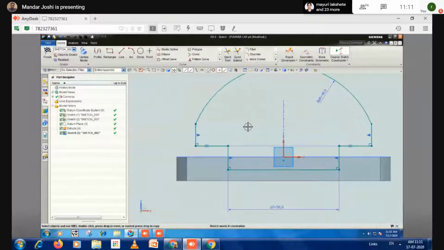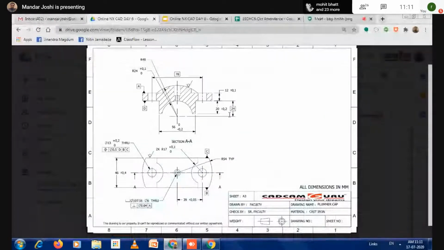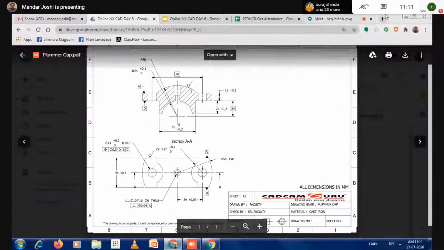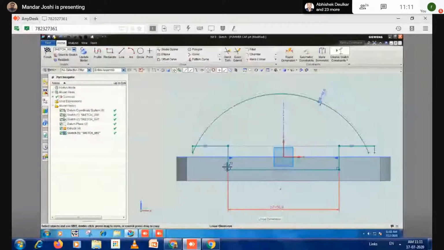After that, you have to define the center location of that arc. The center is located at a distance of 24 from this edge, isn't it? You see this point location. So let us do that location. Use this dimension. I just move this point in a downward direction. Even this line I just move by dragging it.